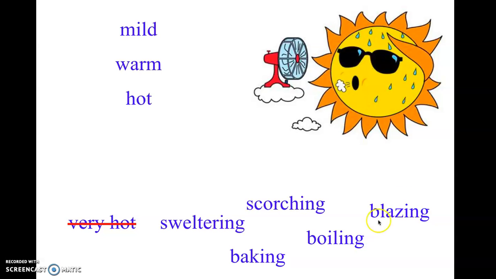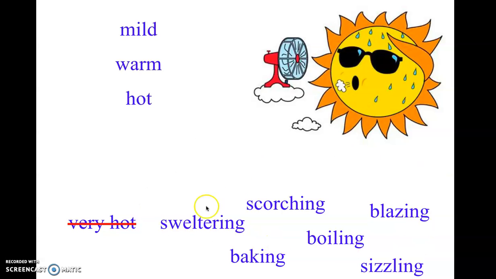We have the word blazing. We often use the word blazing to talk about the sun, the blazing sun, right? Or in the desert, the blazing sand. And the last one, sizzling. Another good one, just like boiling and baking, that we can think about and have a picture in our mind when we think about sizzling something in a frying pan, right? The hamburgers are sizzling in the frying pan, and we think about what that temperature might be like, right? And it tells us, yes, quite hot, exceptionally hot. Perhaps even too hot, T-O-O, right?